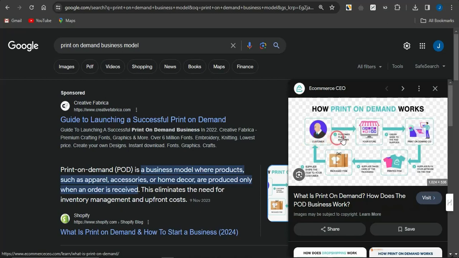Customers place an order after seeing your digital product, or a design of some particular kind of accessory, apparel, or home decoration. Once they see that and make a purchase, the print on demand platform you're utilizing is going to create that design and bring it to life.